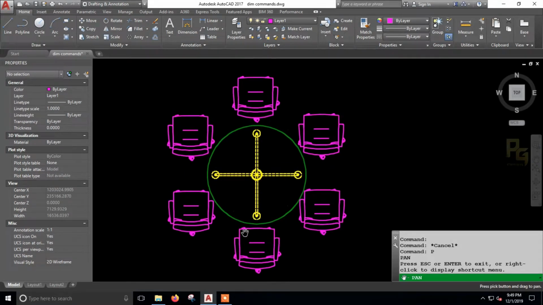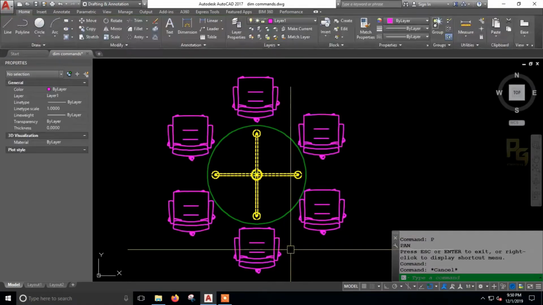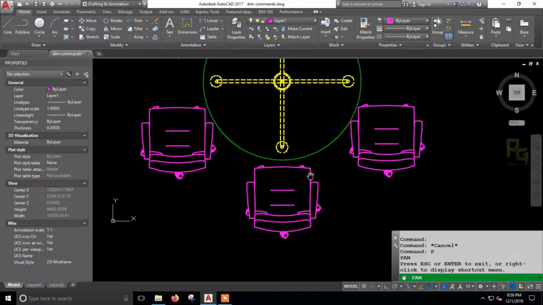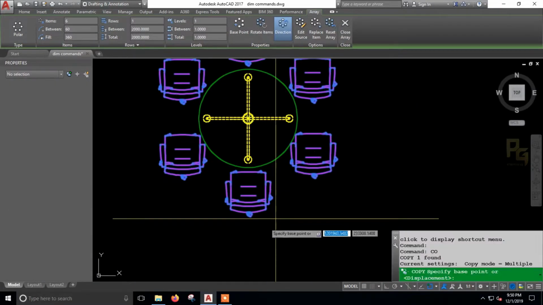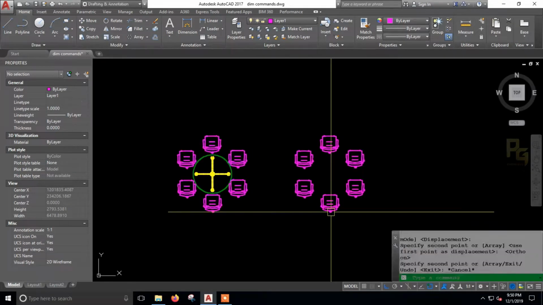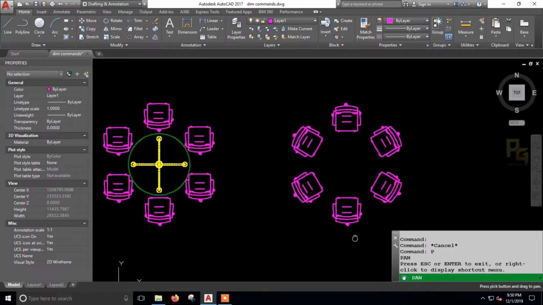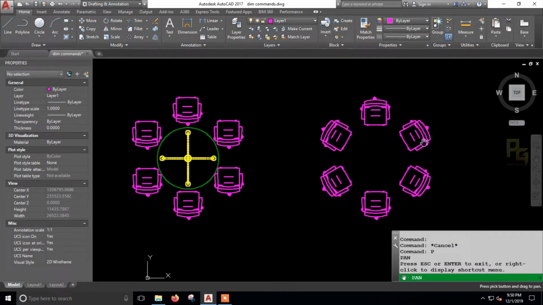The object never rotates, it stays in the same direction like this. So if you choose rotate items, yes, you could see the difference now, right? The entire chair is rotated with respect to the center. Here it is not like that, it never rotates.